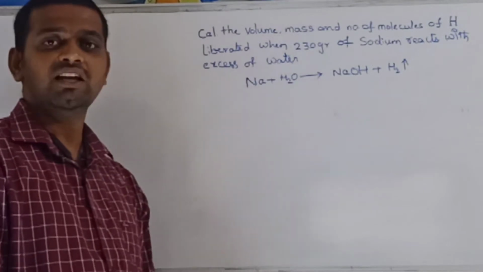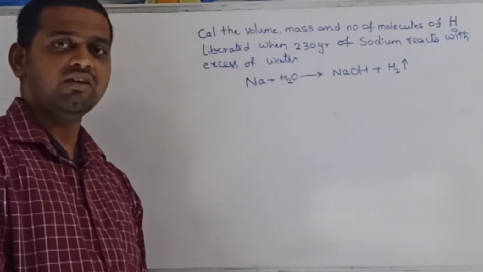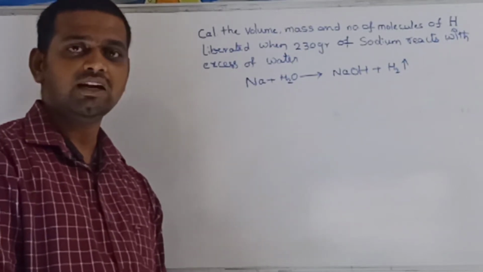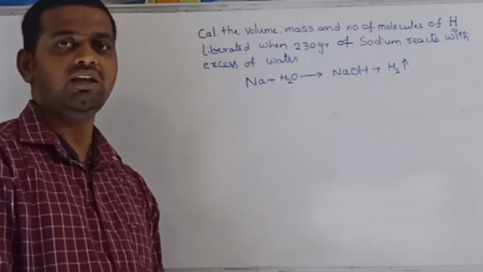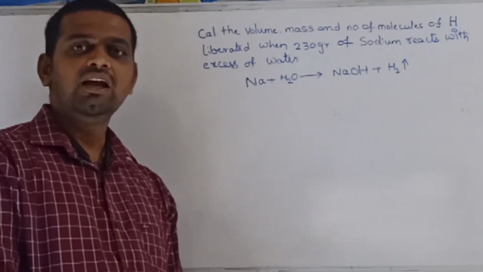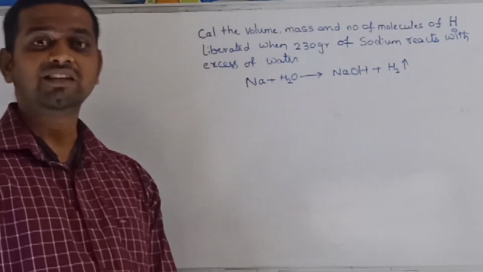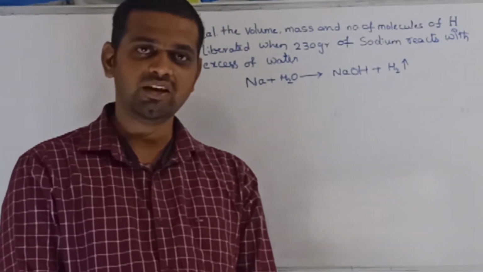This is the skeleton equation. A skeleton equation is nothing but an unbalanced chemical equation, the equation in which the number of atoms on the reactant side and product side are not equal. Such a chemical equation is called a skeleton equation, and a skeleton equation is also called a primary equation. Remember children, skeleton equation is also called a primary equation.